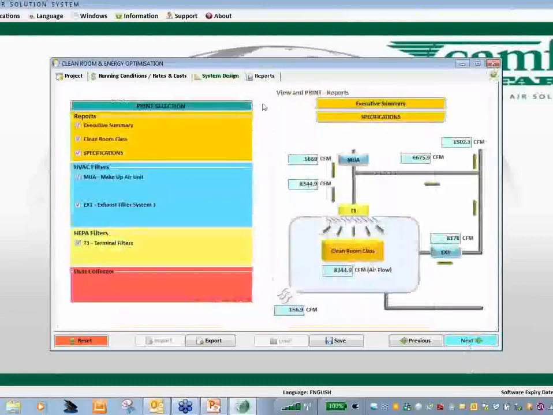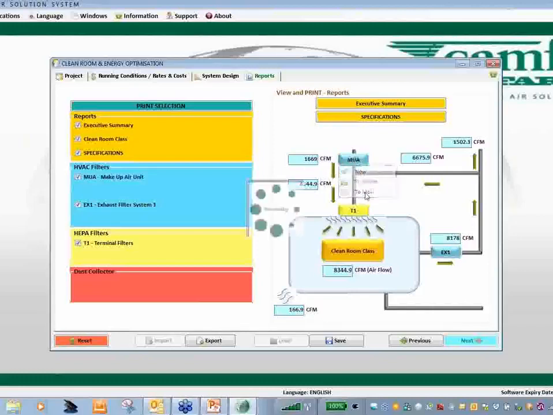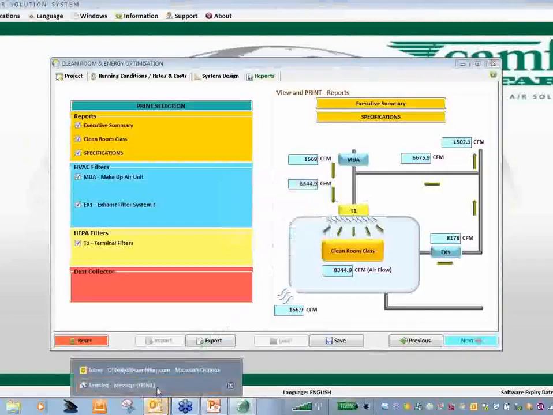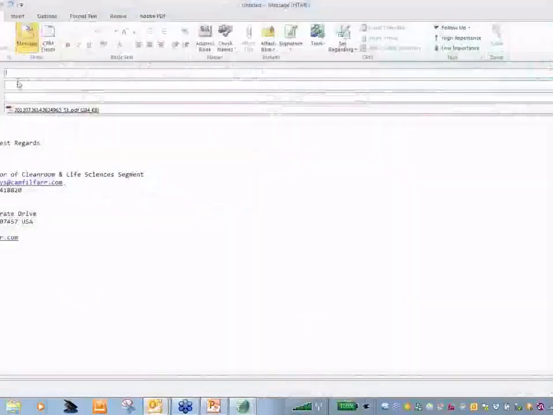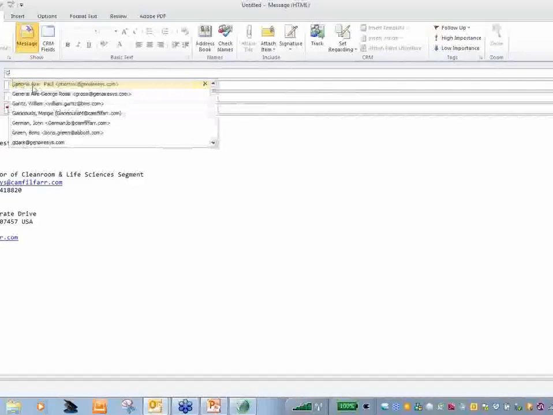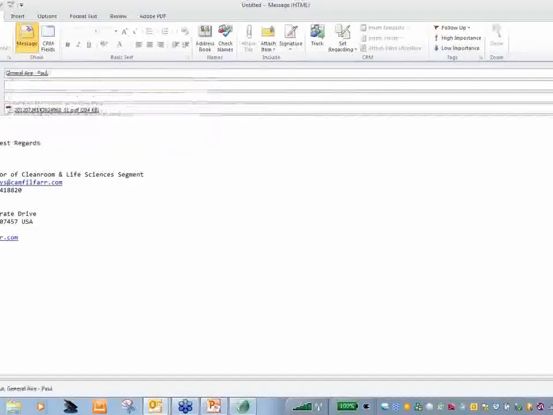If you go to reports, you're going to see a lot of interesting information here. You can look at each section individually. So if I look at the makeup there, I can look at it now, I can save it to a folder, or I could email it. I'll show you an example of that real quick. If I email this to George Rossi's online. So this is